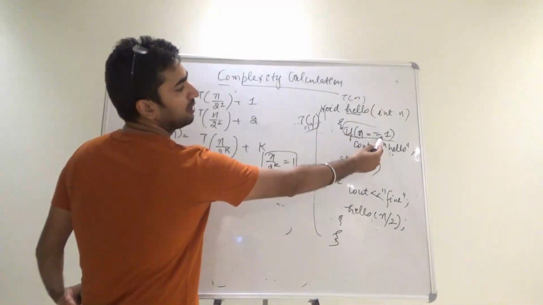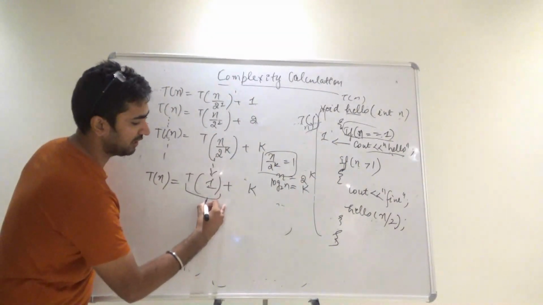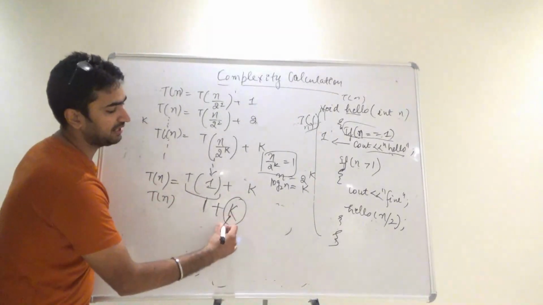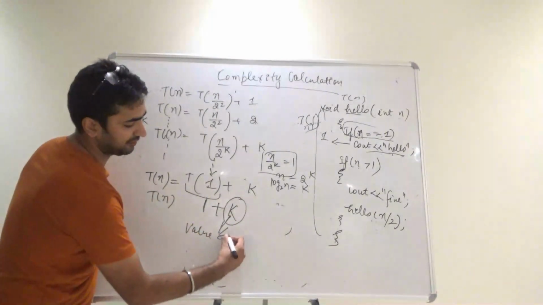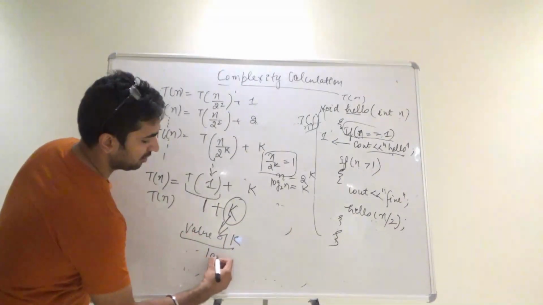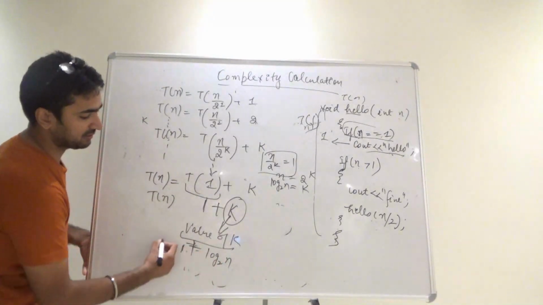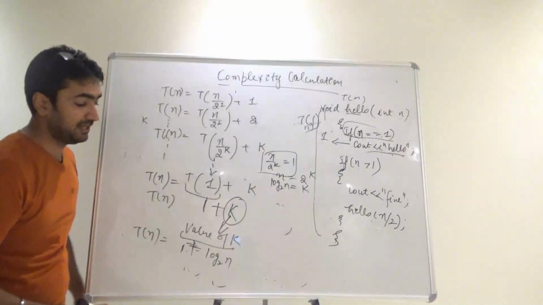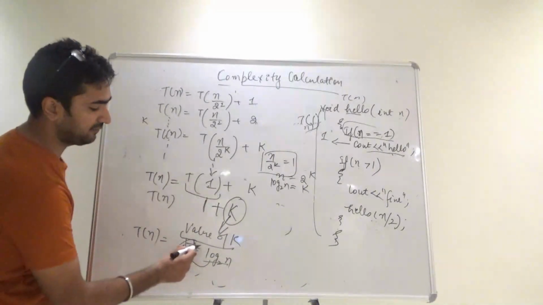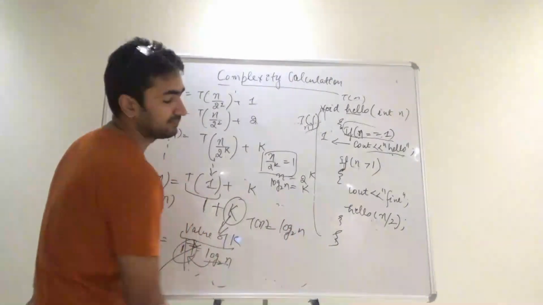Now importantly, I have written T of 1, and how many times is T of 1 running? If n is equal to 1, it is running for only one time. So I am putting 1 over here plus k. So the entire value of T of n is dependent upon the value of k, and the value of k you have already calculated: log of n. And you are adding it with 1 because the complexity of T of 1 would be 1. So clearly log n has an upper hand over 1, so 1 will be ignored. The answer of this would be log n.